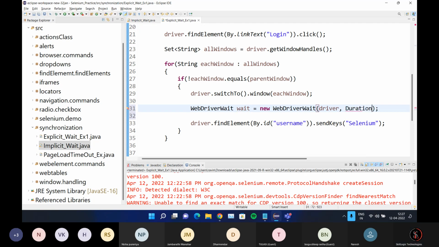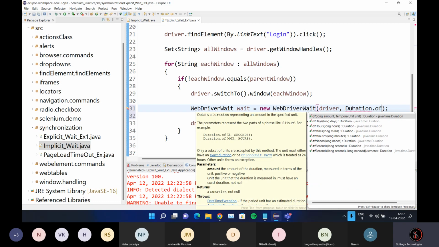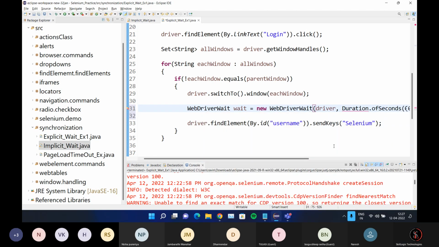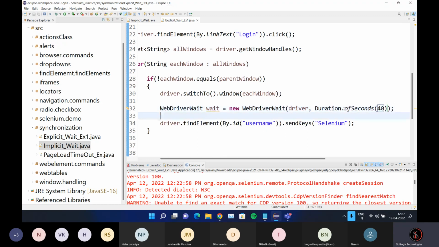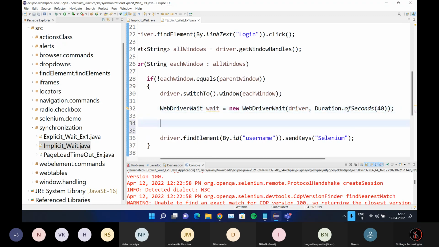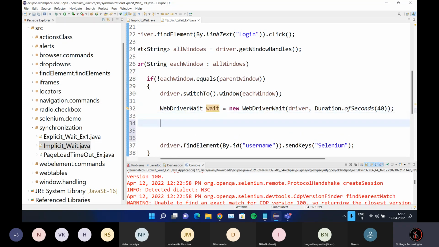Duration.ofSeconds. I want to wait for some 40 seconds or 45 seconds. What is the maximum that I want to wait? Or 30 seconds. Okay, once I create a WebDriverWait, I need to write like this: use this wait